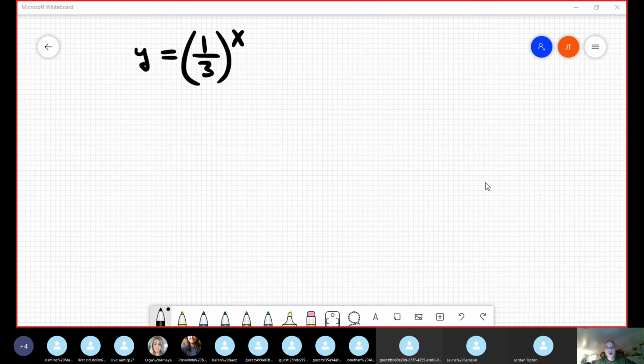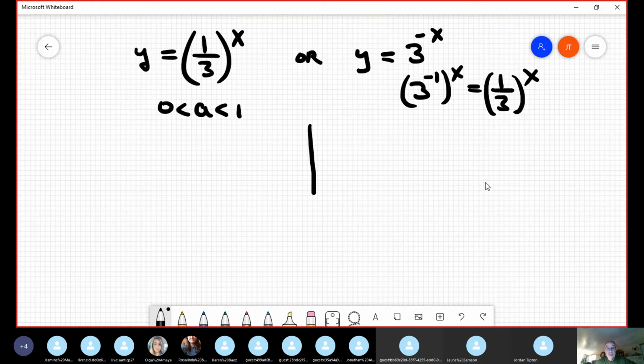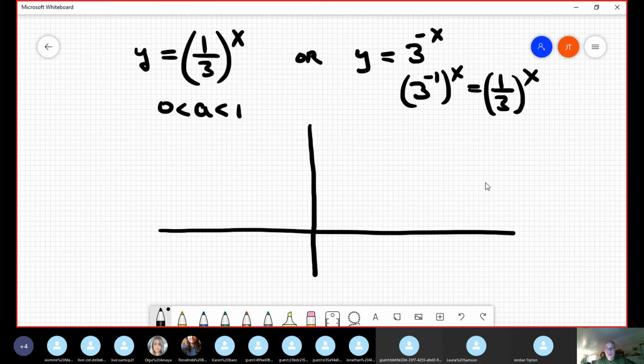Suppose in the test, or suppose I am a bad guy, in the test I write it this way, 3 to the negative x. This and this are equivalent, you understand, yes or no? Because 3 to the negative x in my mind is (3 to the -1) raised to the x, and 3 to the -1 is 1/3. Yes or no? So you realize, wow, the base is less than 1. It says in between this interval. Now I know